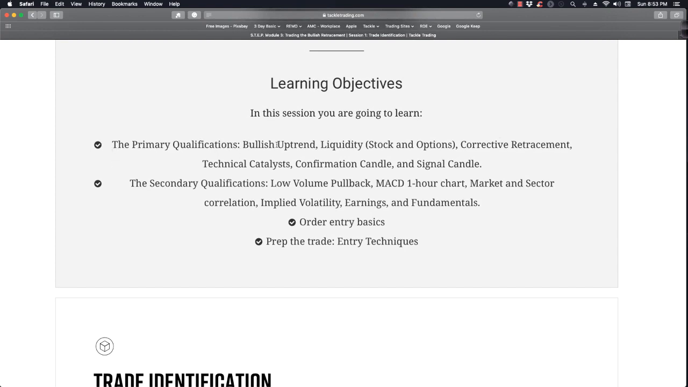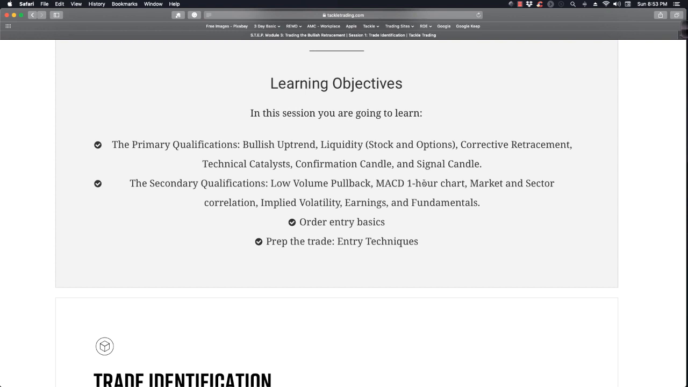We're going to look for bullish uptrends, liquidity, stock, and options. We want to see liquidity in both, especially since we're going to trade those options. Corrective retracements, important. We want to see technical catalysts, confirmation candles, signal candles. We also want to check for secondary confirmation qualifications like low volume during the pullback, maybe a confirmation with the